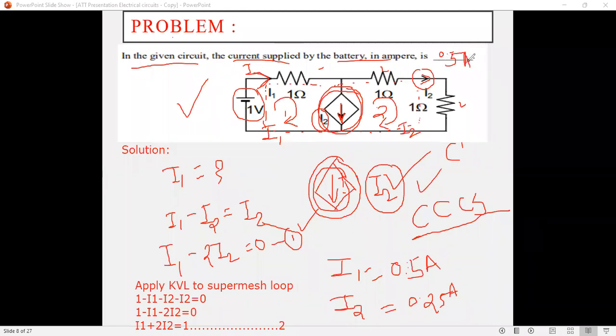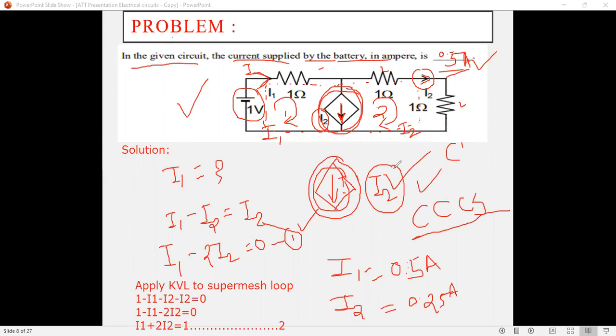This is not a negative marking question. Questions given to solve which have no options do not have negative marking. That means for multiple choice questions, where choices are given, there is negative marking. Okay, so see, this is 0.5 ampere. It is the current supplied by the battery. Getting it? Yes, sir.